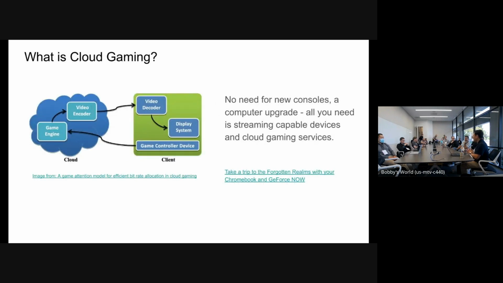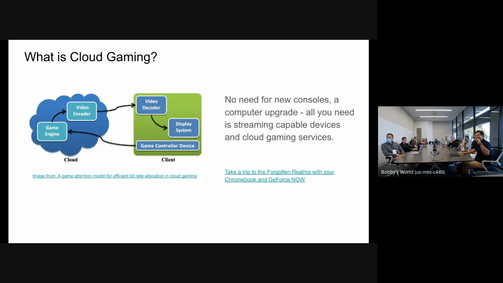So for the cloud gaming, this is a very simplified view, a very simple way of explaining. We have a client like a PC, which generates the events for controlling the gaming. The game engine is located on the cloud side.